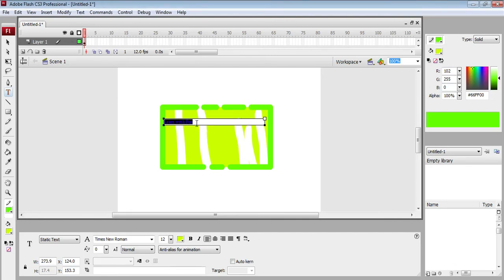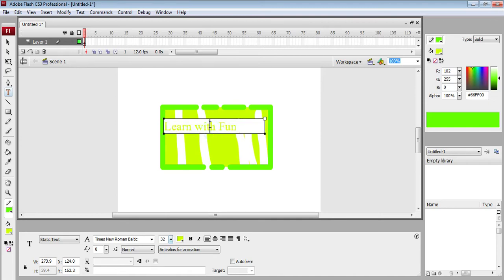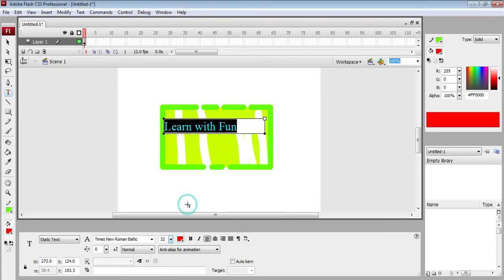Now I'm going to select whatever is written. By using Ctrl+A we can select all. Then you can see different fonts are given here, so according to our needs we can select any one, and a font size is also given, so we can increase and decrease the font size according to our needs. If we want to change the colors, we can also select different colors. You can see the different colors given, and we can also apply bold, italics, and lots of effects which we learned in Photoshop. So we can apply any of them.